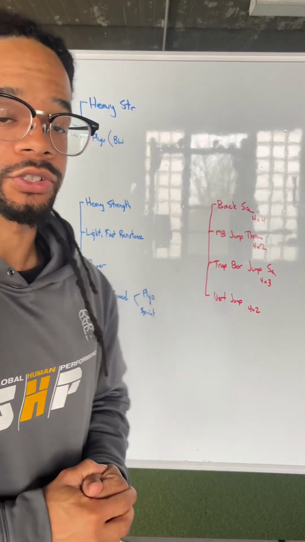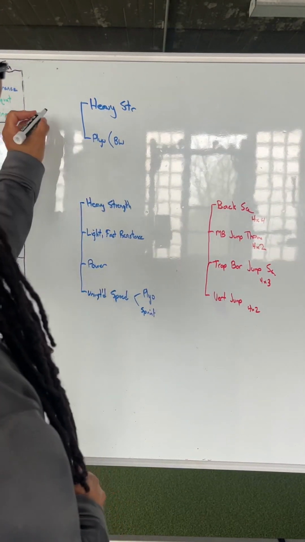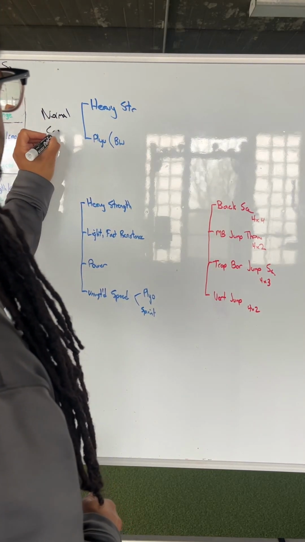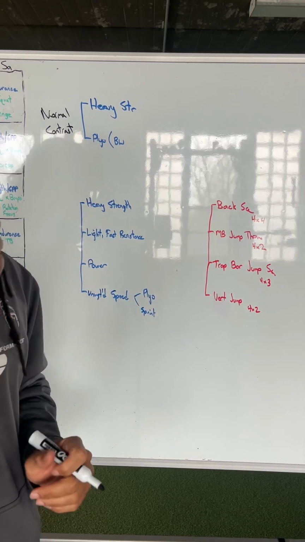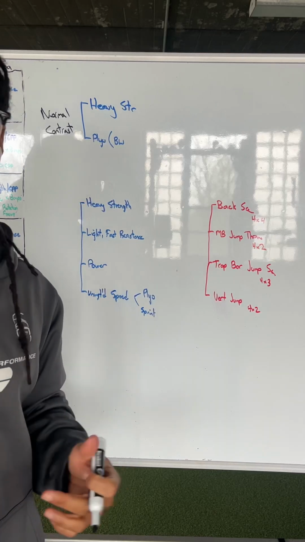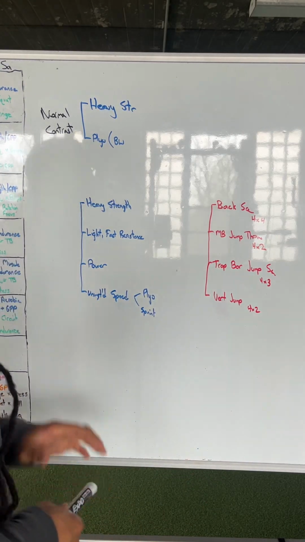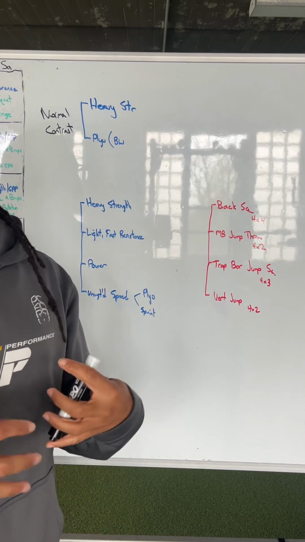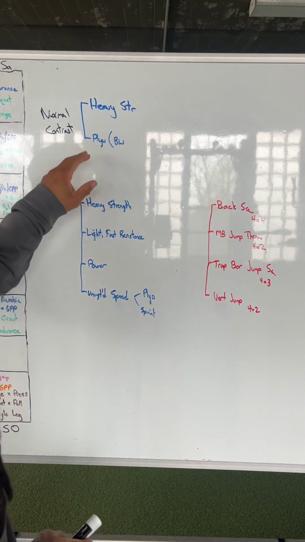So French contrast, right? This up here, we could look at as a normal contrast. A normal contrast is a heavy strength exercise, so think like a back squat, deadlift, whatever, and then a plyometric or body weight exercise. And the post-activation potentiation effect: the heavy strength exercise requires a near maximal or maximal neuromuscular recruitment, whereas doing something